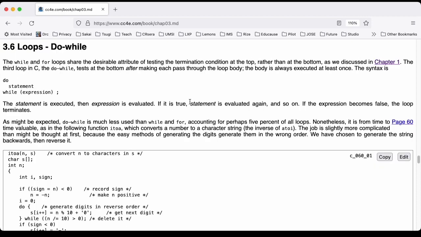Section 3.6, loops, do while. The while and for loops share the desirable attribute of testing the termination condition at the top rather than at the bottom, as we discussed in Chapter 1. The third loop in C, the do while, tests at the bottom after making each pass through the loop body. The body is always executed at least once. The syntax is as follows. do statement while (expression);